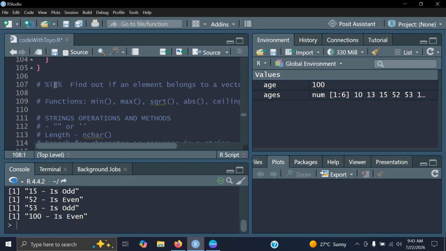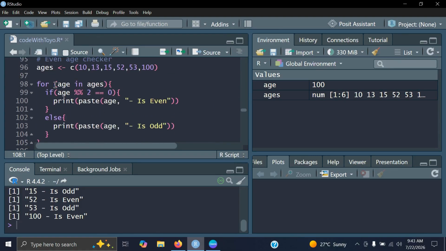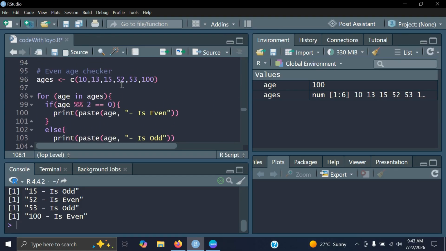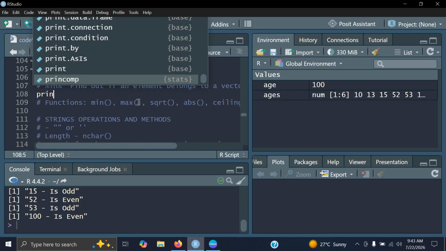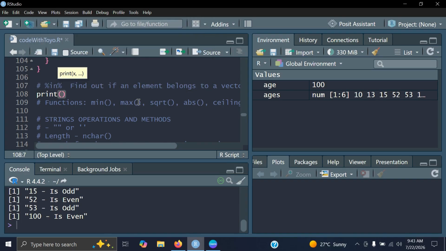They help you to check, so that it is there or it's not there. So let's have an example from this ages object that we have. We want to check out of this age, do you have anybody that is a particular age? So let's just say print, quickly print. We want to check, do we have 23